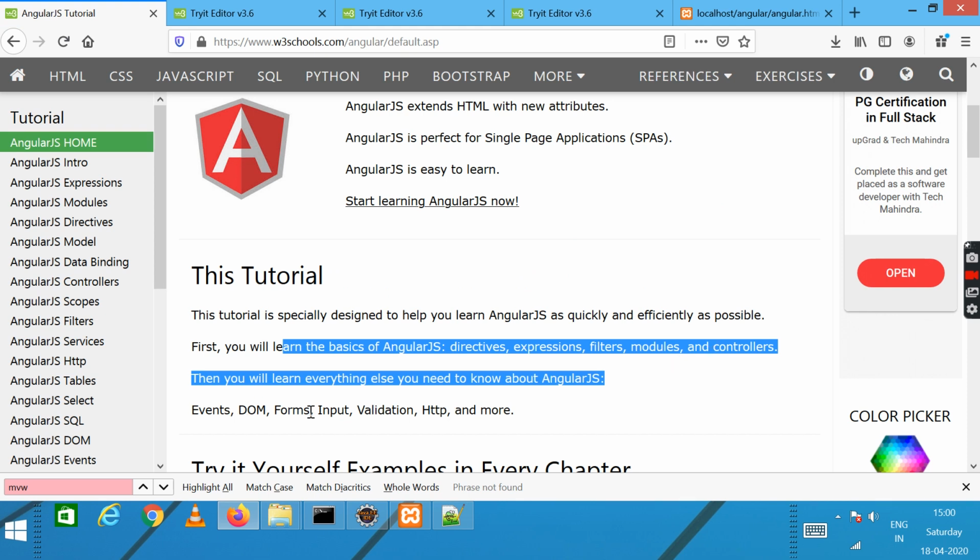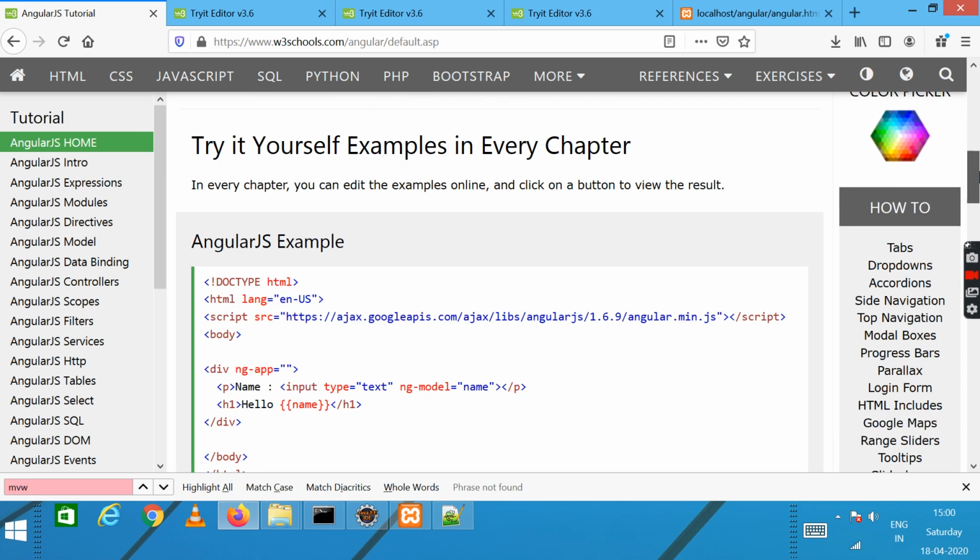It includes events, DOM, forms, input validation, HTTP, and many more.